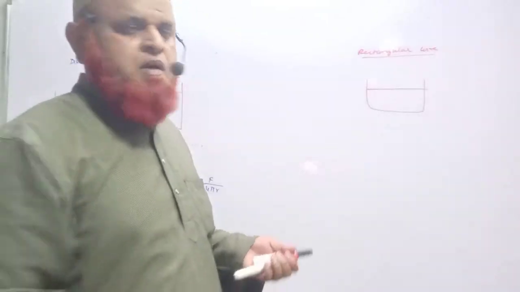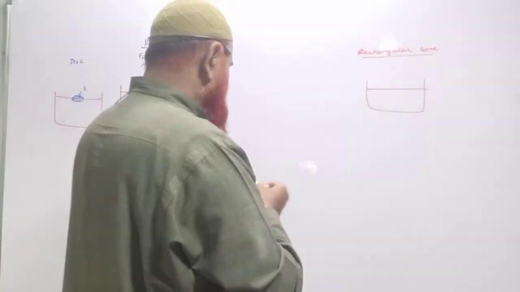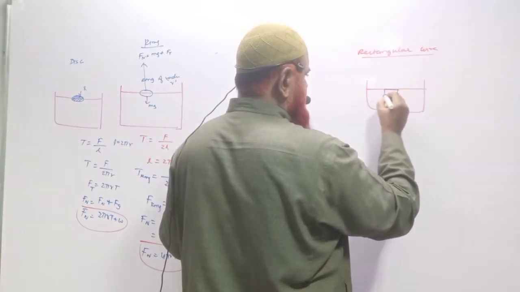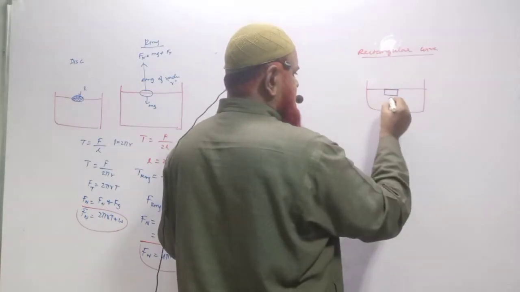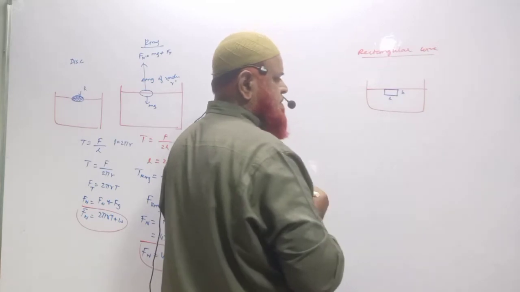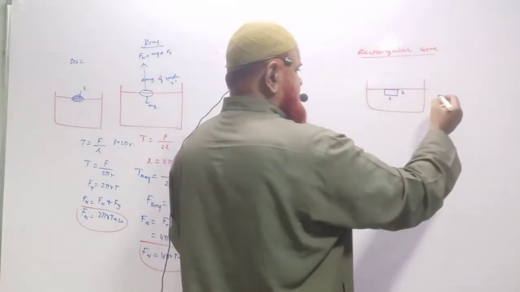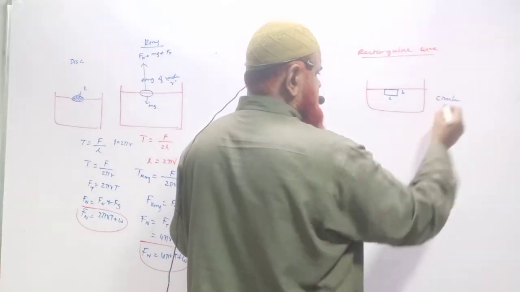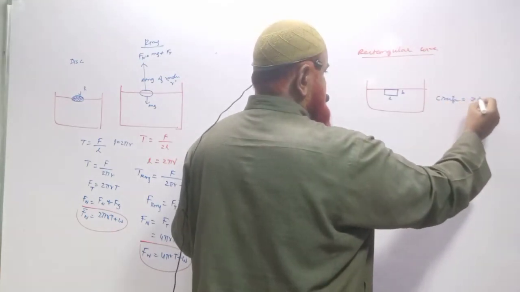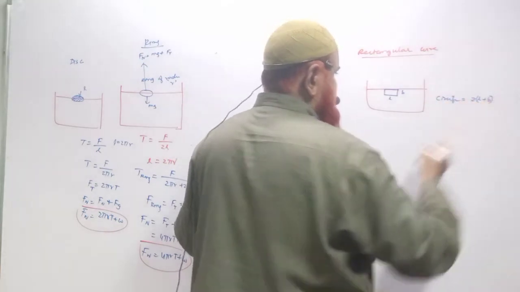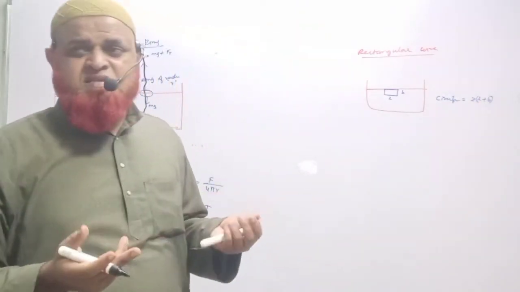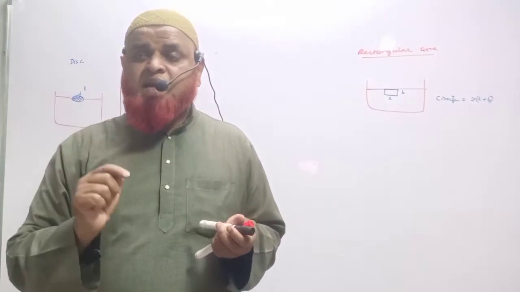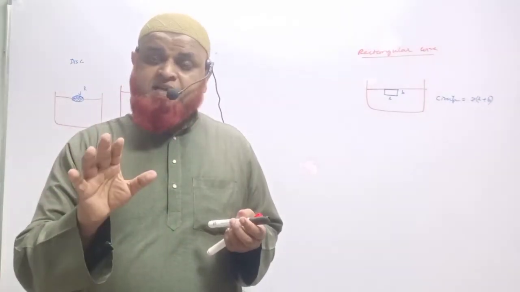Next part. What happens when you keep a rectangular wire on the surface of the water? So this is a rectangular wire having length L, breadth B. Understood? Then what is the circumference here? Circumference is nothing but 2 into L plus B. As it is a rectangular wire, I told you wire, not a plank.